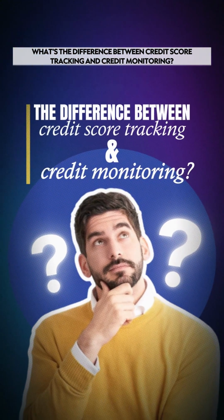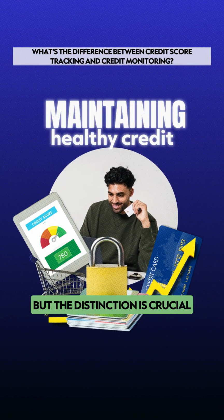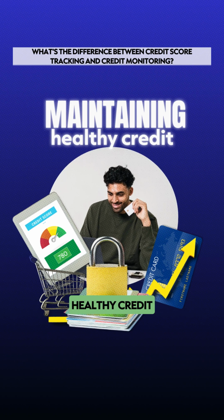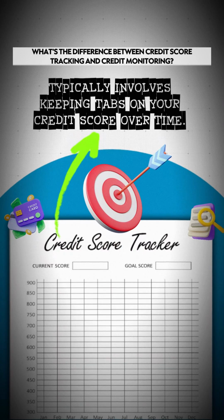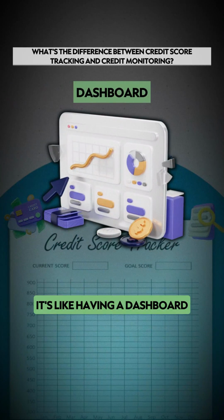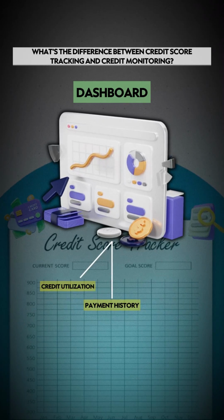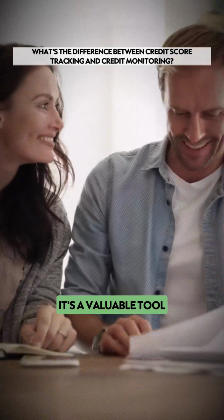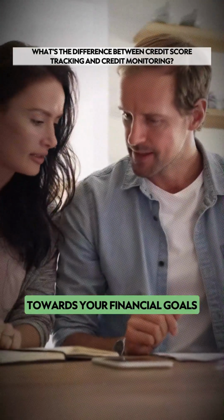Curious about the difference between credit score tracking and credit monitoring? It's a common question, but the distinction is crucial for maintaining healthy credit. Let's dive in. Credit score tracking typically involves keeping tabs on your credit score over time. It's like having a dashboard that shows you how your credit score fluctuates based on factors like payment history, credit utilization, and new inquiries. It's a valuable tool for understanding your credit health and tracking your progress towards your financial